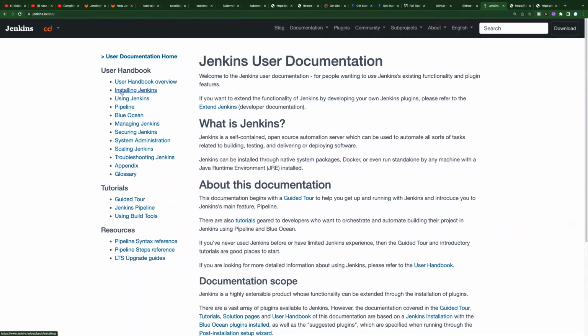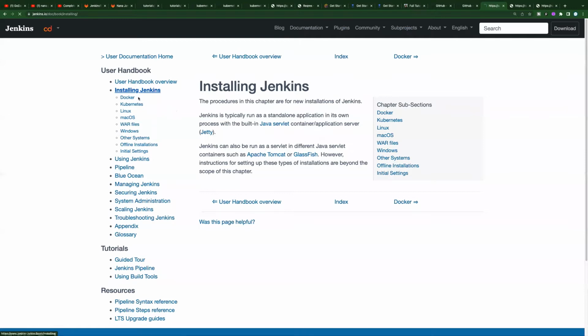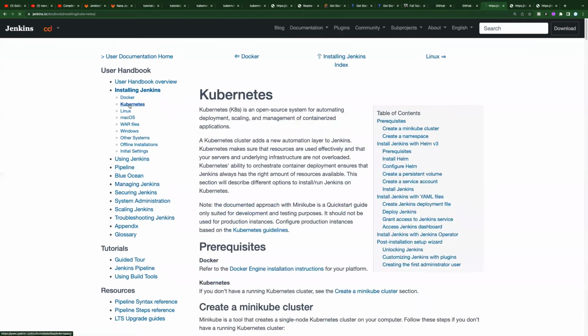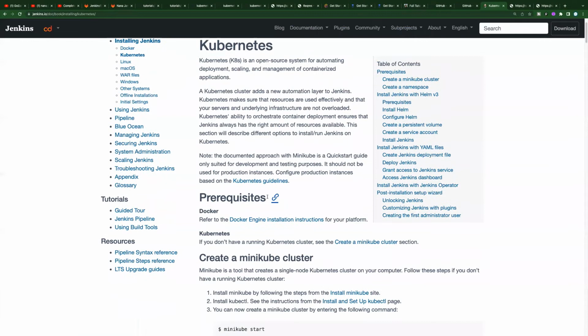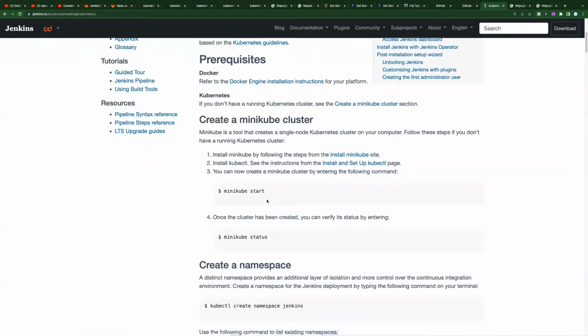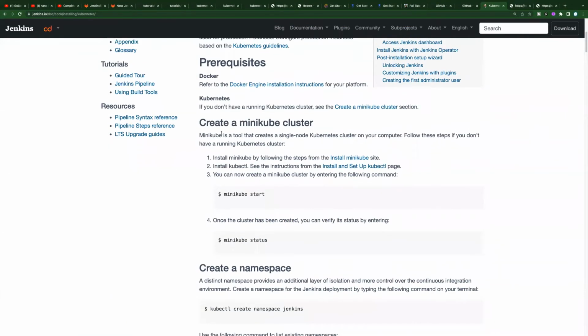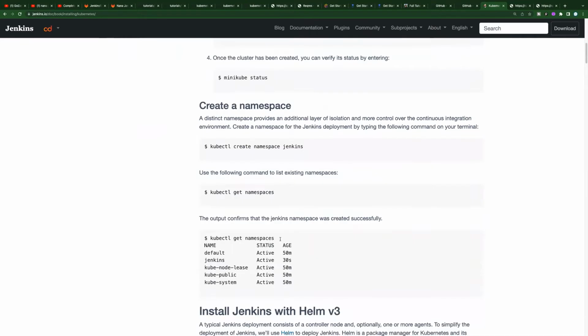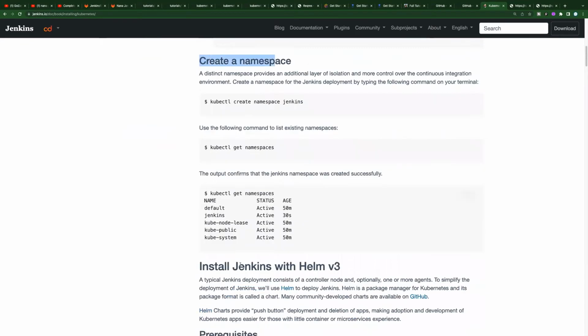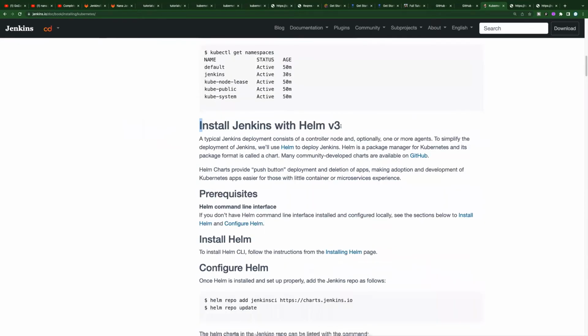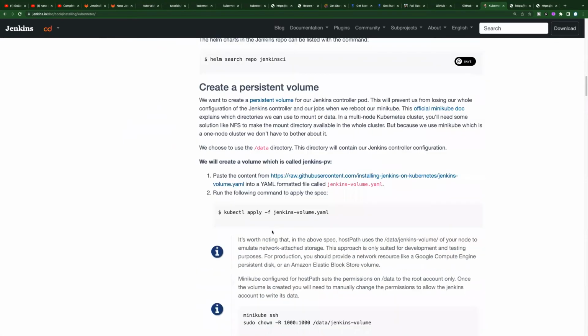So I'm going to click on install Jenkins. As you can see, you can install it on Docker, Kubernetes, Linux, macOS, Windows, and so forth. So I'm going to choose Kubernetes. And there's a whole bunch of ways of installing Jenkins. So you can either use the Minikube cluster, create a namespace, and install with Helm chart, but with